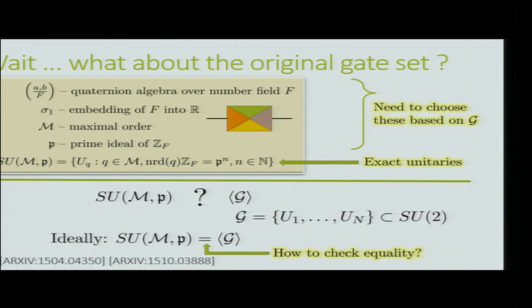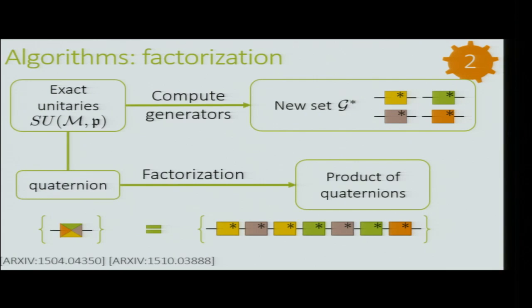For example, we can see that Rx(pi/4) can be defined over a certain number field, so why don't we pick a real subfield of that number field? We can make those principles a little bit more precise. In applications, for many examples, it's not very hard to figure out a candidate object for this. But then we need to go and check equality, and this is the next slide. So once you're given the set SU2(M,P),